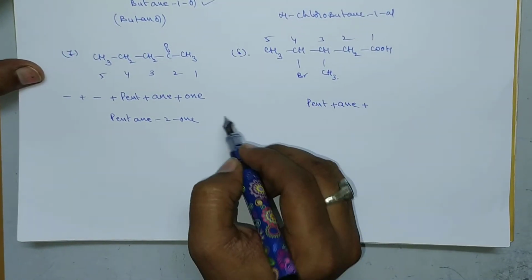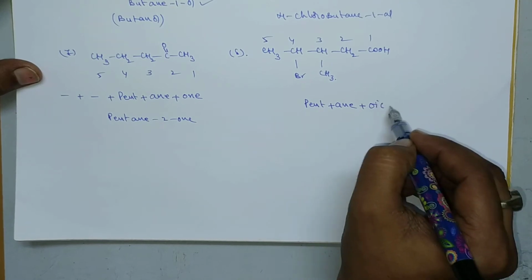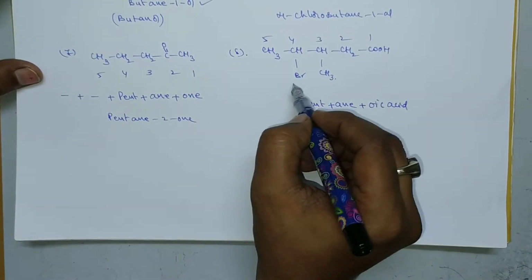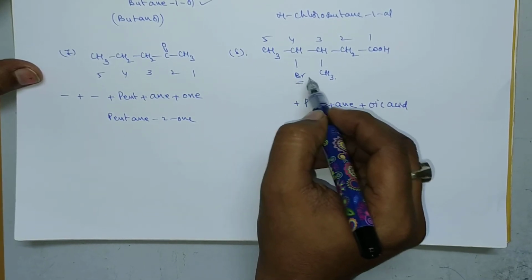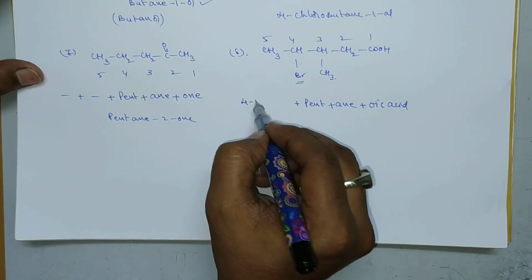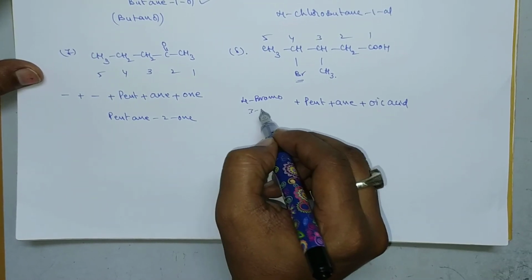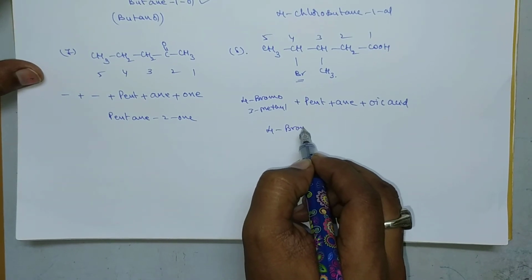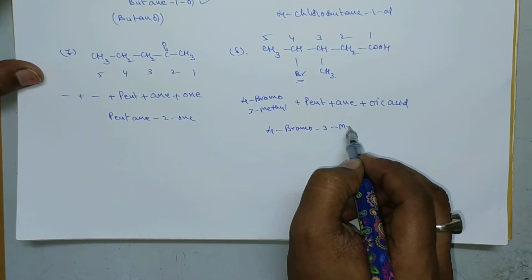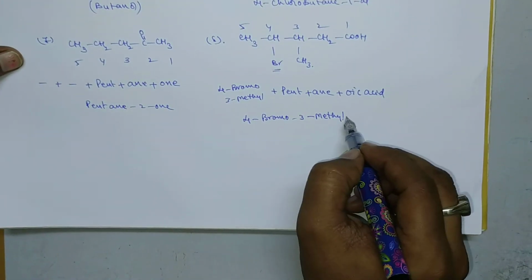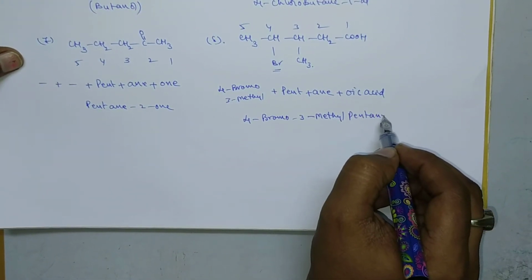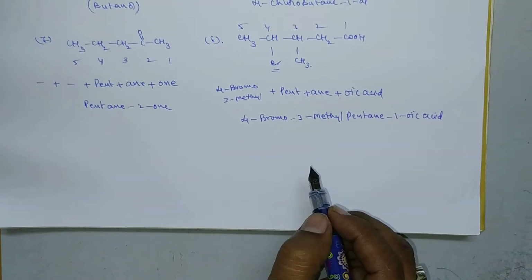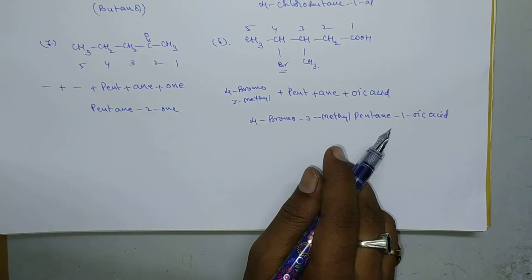Here the functional group is COOH. COOH means we have to write "oic acid". The substitutions are bromine and methyl. First we have to write bromo because of alphabetical order. So that is 4-bromo and 3-methyl. So totally we write 4-bromo-3-methyl, and we have to put hyphens also. Pentane-1-oic acid. So like this. And next,